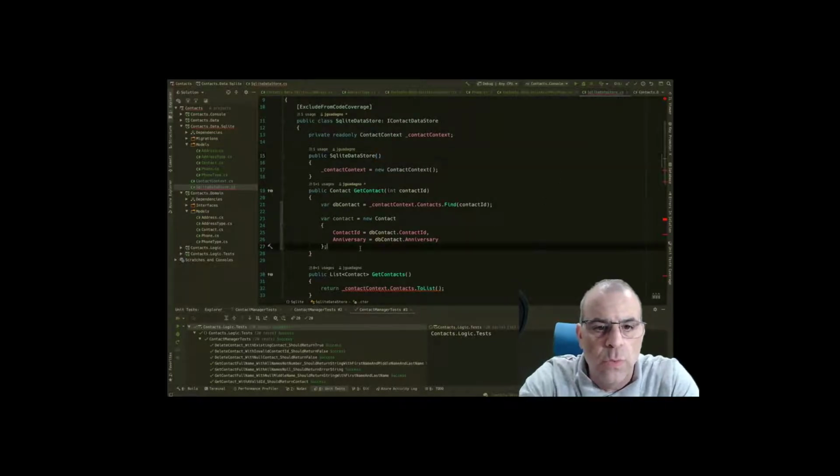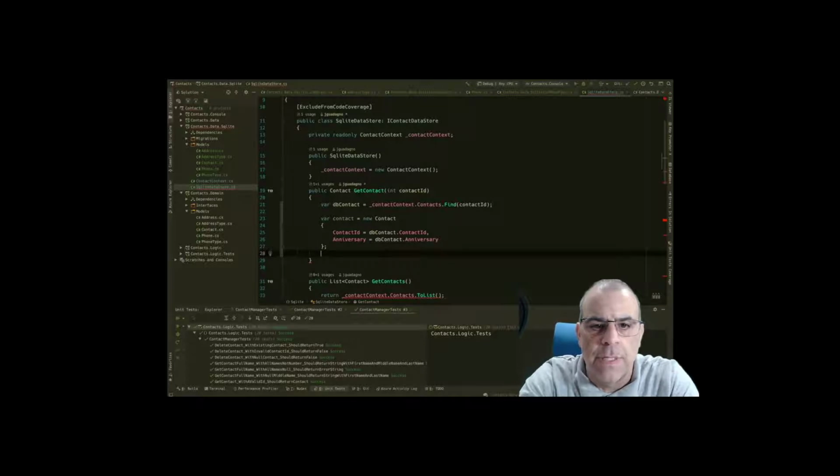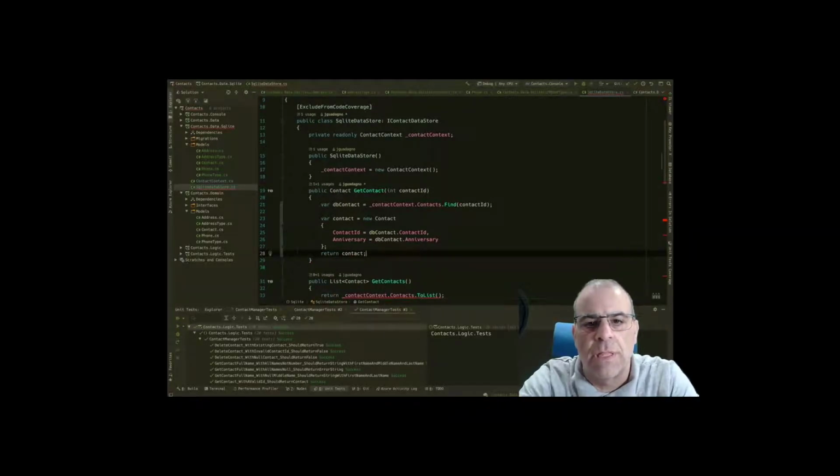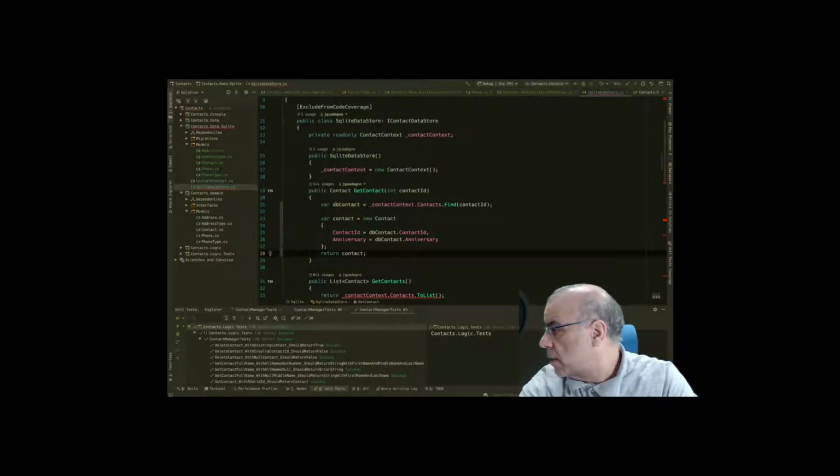So we can do something like this, where we take a copy of the DB contact, create a contact, and then just return the new contact, and that will do everything we need to do. The challenge with that,